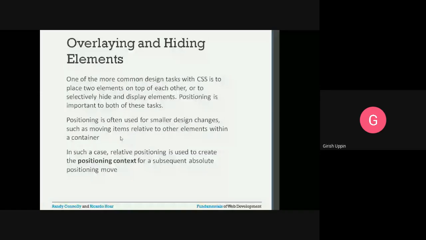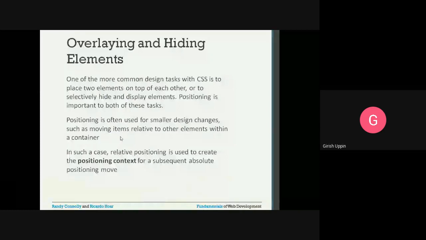Overlaying and hiding elements. One of the more common design tasks with CSS is to place two elements on top of each other or to selectively hide and display elements. Positioning is important to both of these tasks. So we can overlay one element on top of another, and in that process we can make one element disappear, or we can make it appear.